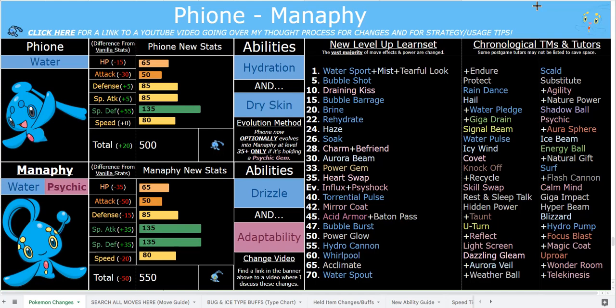Manaphy is much less bulky than Phione because it has the same exact stats besides special attack. Special attack was given plus 50. That's the only difference between their stats. So essentially you're trading off massive bulk for massive power. It's a pretty fair trade-off. It's a very fair trade-off even, because your abilities at Manaphy are absolutely incredible, and it has the Water Psychic